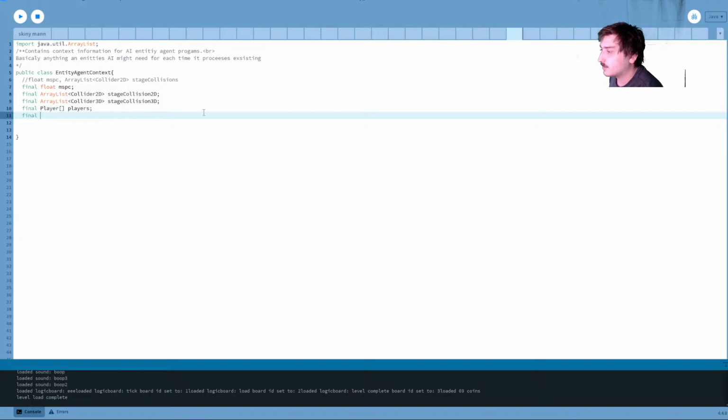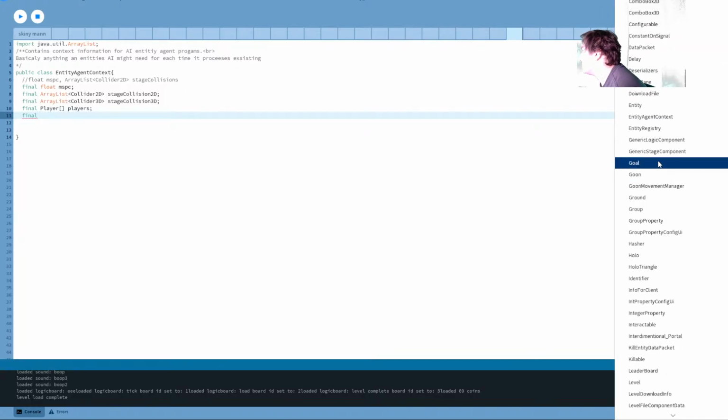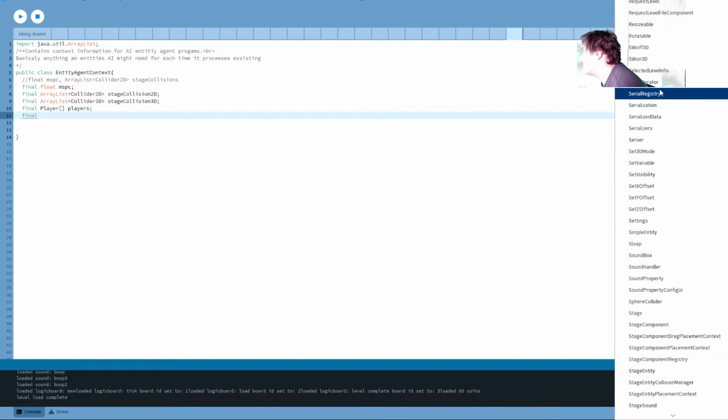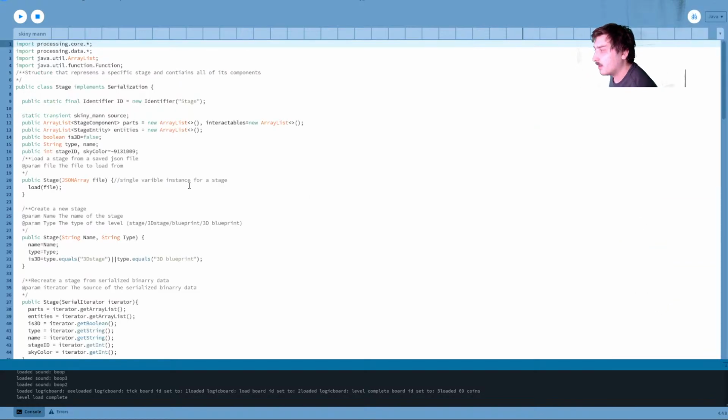And then we have a final. What is it actually? How does the level or stage even? So stage. It does just contain an array.